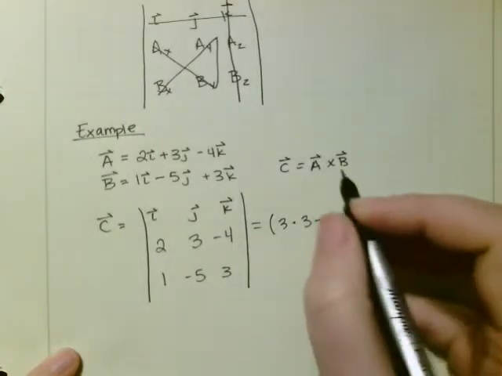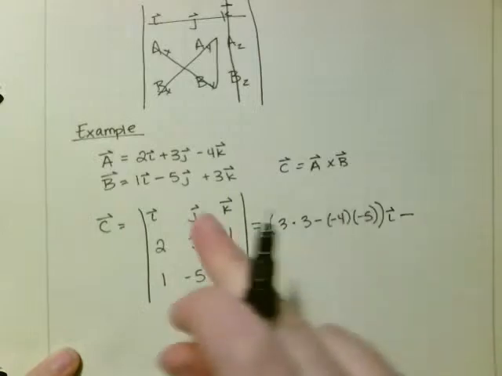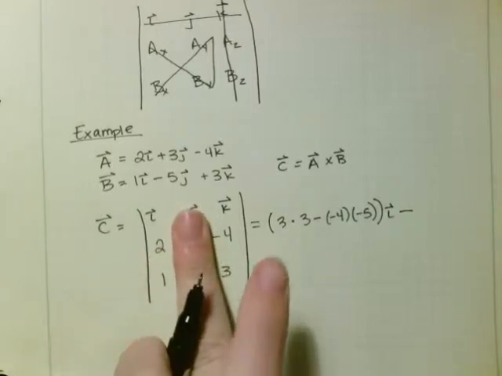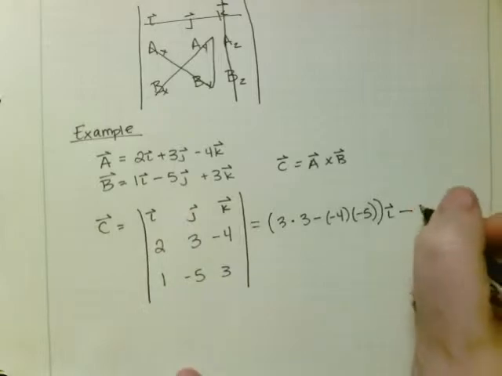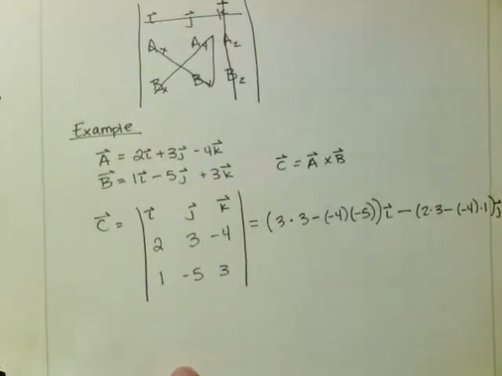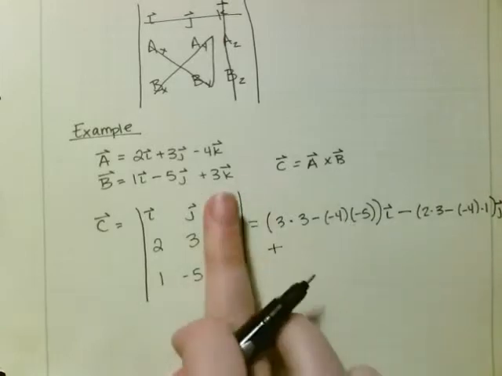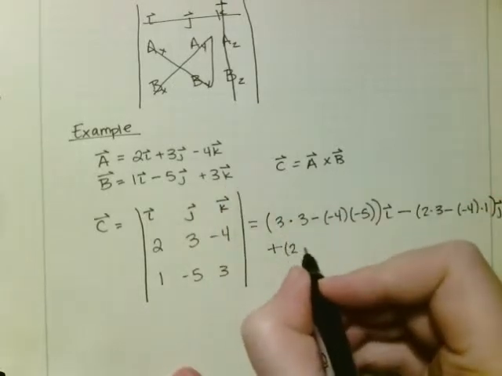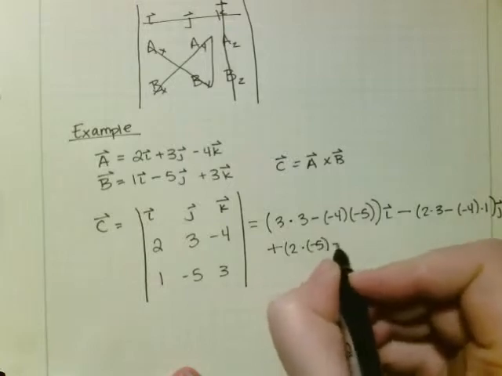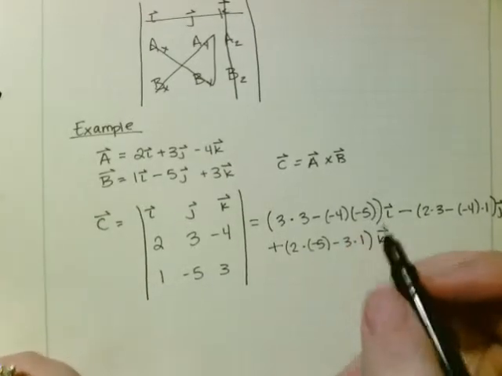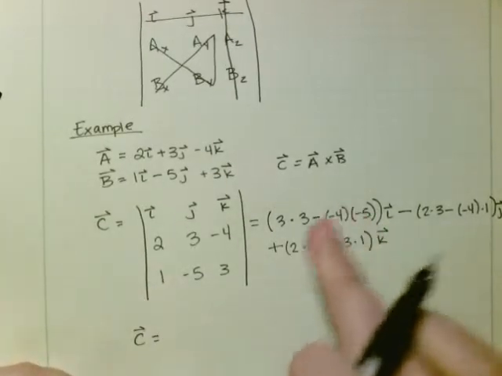That's all multiplied by I. Then we do minus the J component, so cross out this column, and we would get 2 times 3 minus negative 4 times 1 times J. And then add the last one for K, so it would be 2 times negative 5 minus 3 times 1, all multiplied by K,